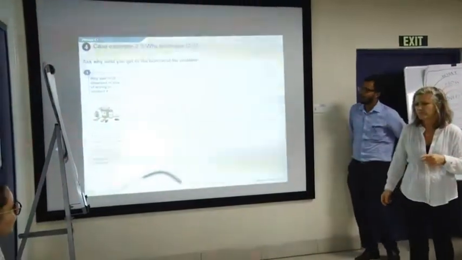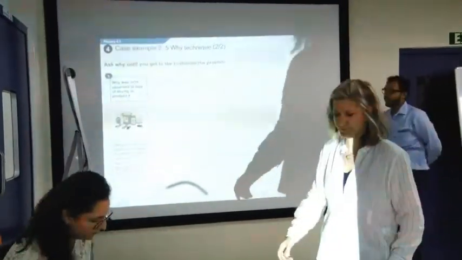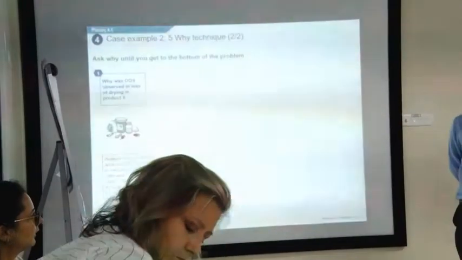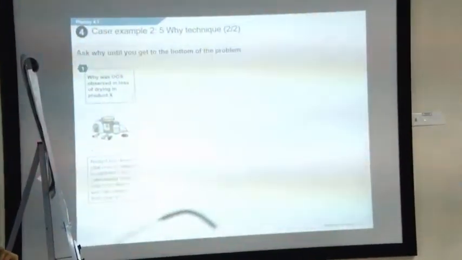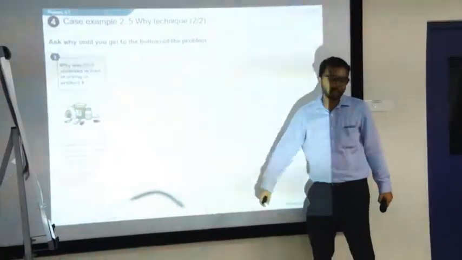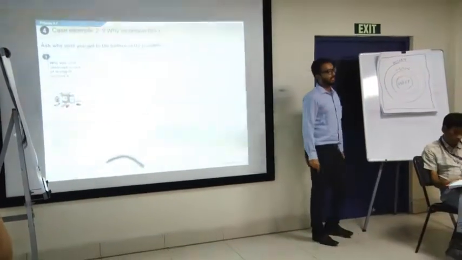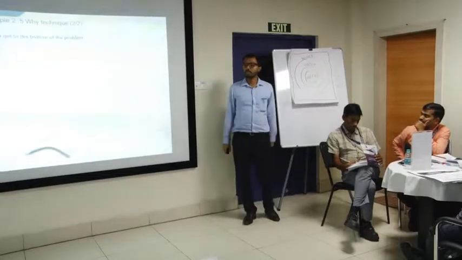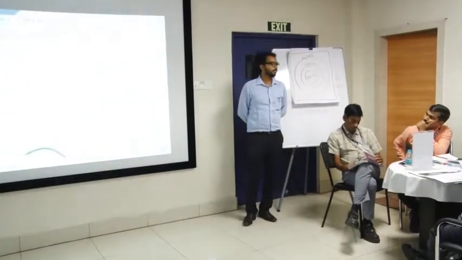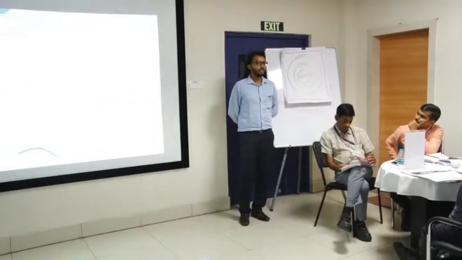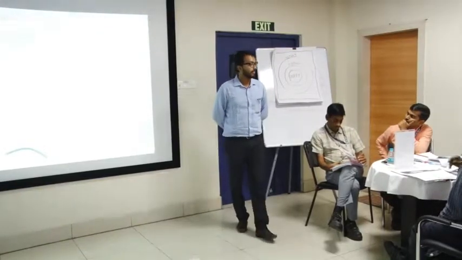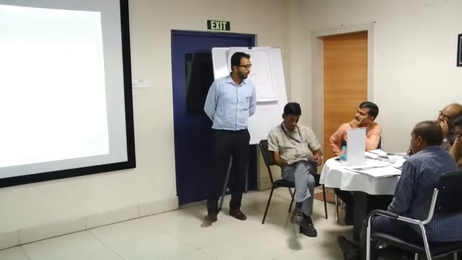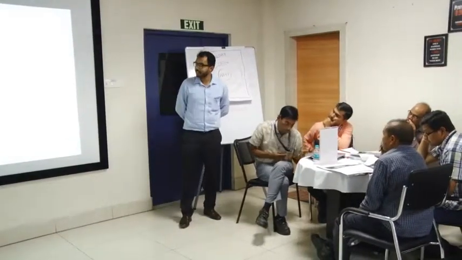Yeah. All right. So, why was OOS observed in loss on drying in product X? The analyst, you will have steps, right? He took the wet cake from step 51 instead of step 56. Okay? This is one case, one problem. What's your next question? Next question is, why did he take the number from 51 instead of 56?